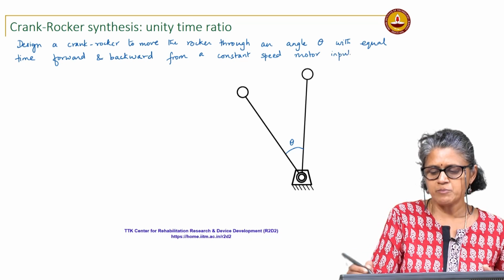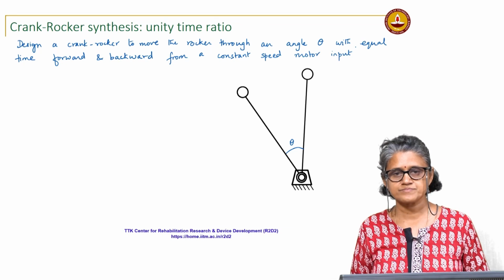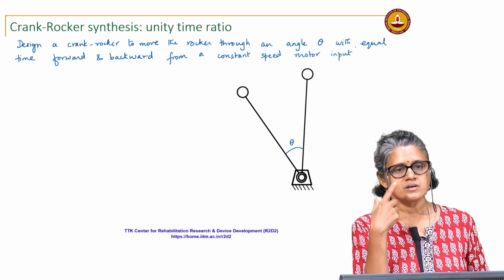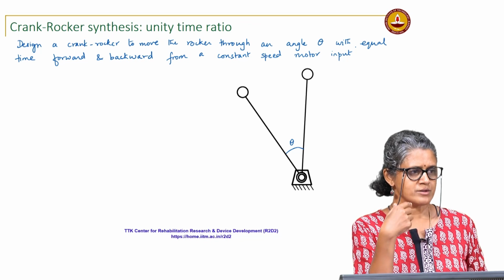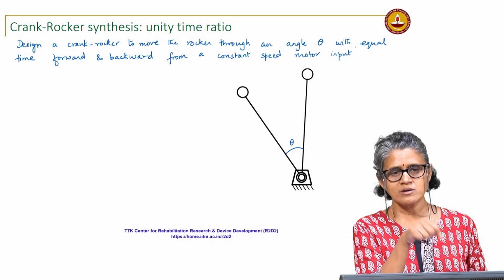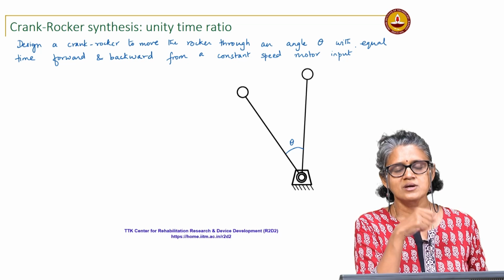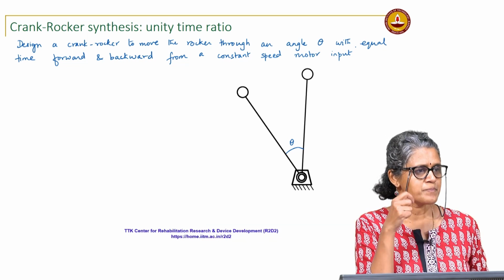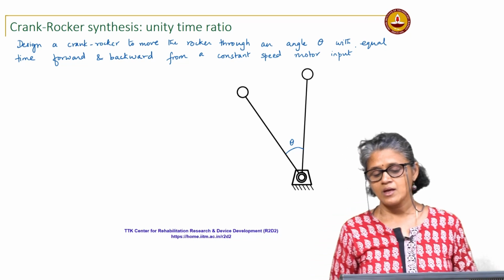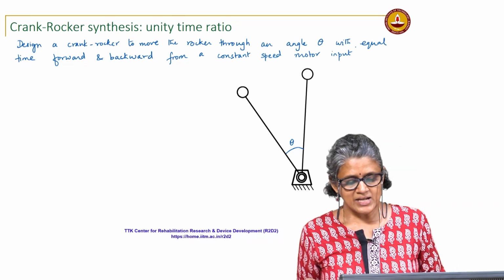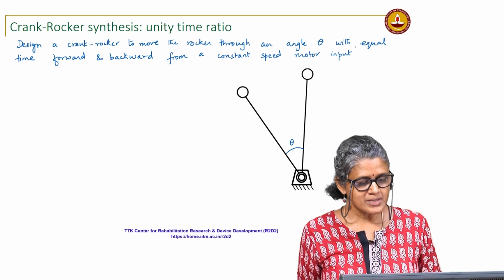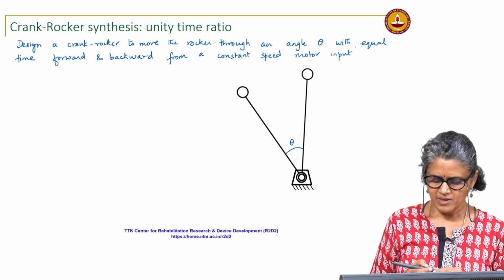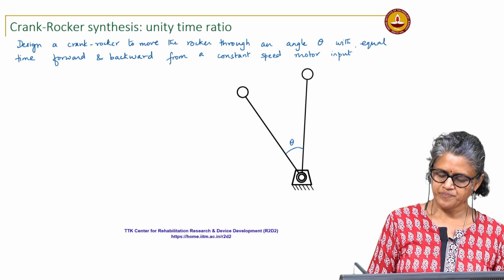Very common problem that you would encounter. Okay. So I give a continuous input using a motor, or it could be a hand crank, although it is far more difficult to crank with a continuous speed by hand. So let us say I want it with equal time forward and backward. Okay. So let us say